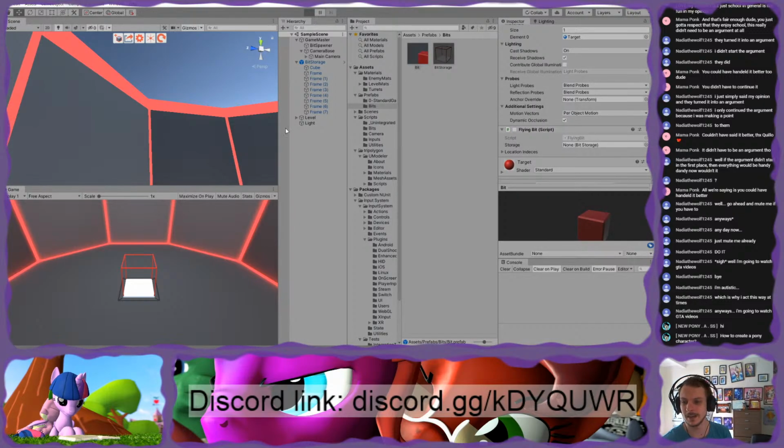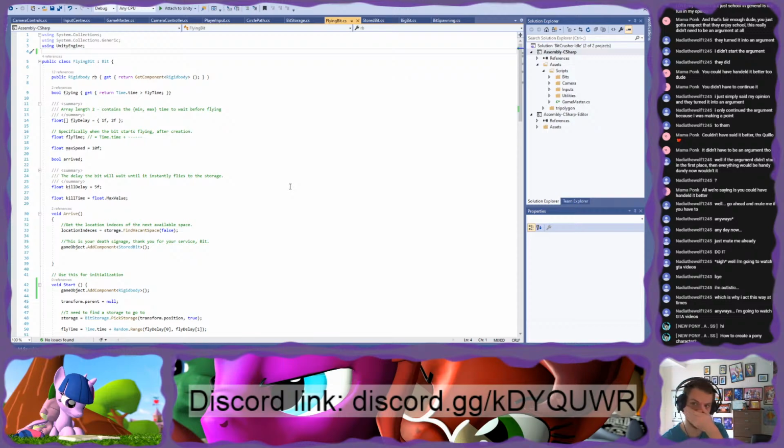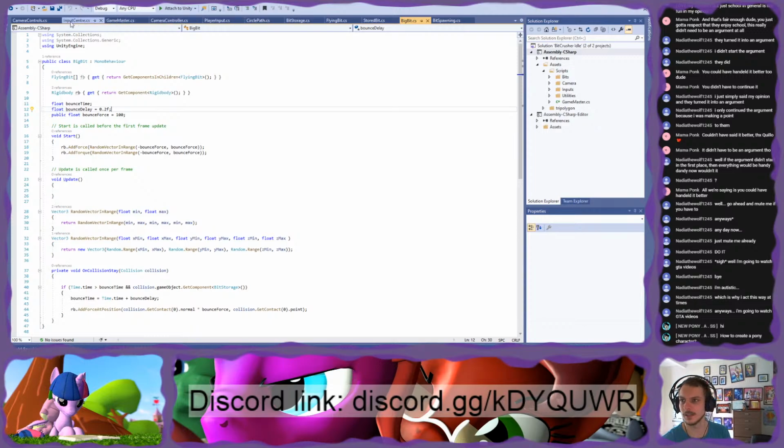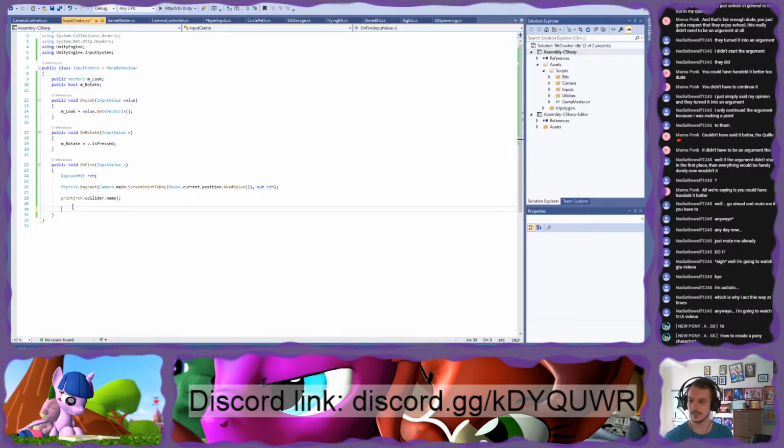Now whenever the flying bit is enabled, the box should do that. Okay, box flies down, good. Bit clone, there it is. Good news, I got plain bit storage, bit storage, bit storage, bit storage, bit clone. That is what I'm looking for. Excellent stuff. So that means that what I could do is, in my input center here, I guess I can just handle it here, it'll be fine. So what I could do is, now that I've got the name of the object, what I can do is